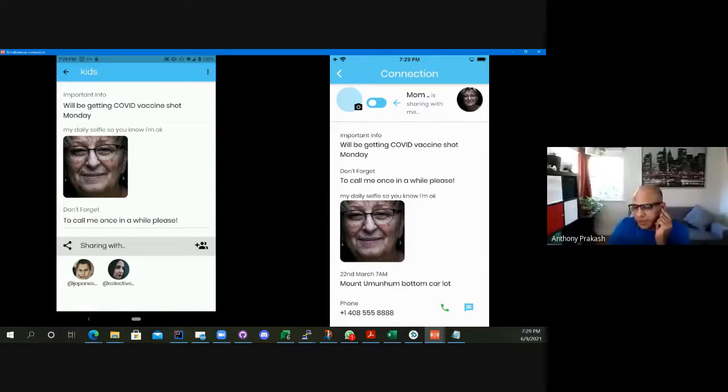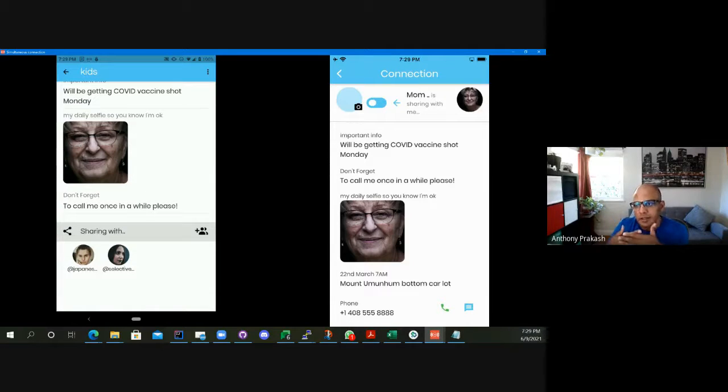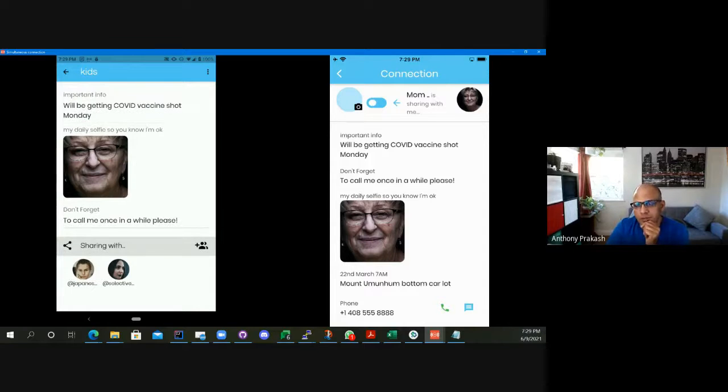They know your phone number, and in a lot of cases, people put your phone number on Facebook as well, right? So they can interconnect that aspect of it as well.